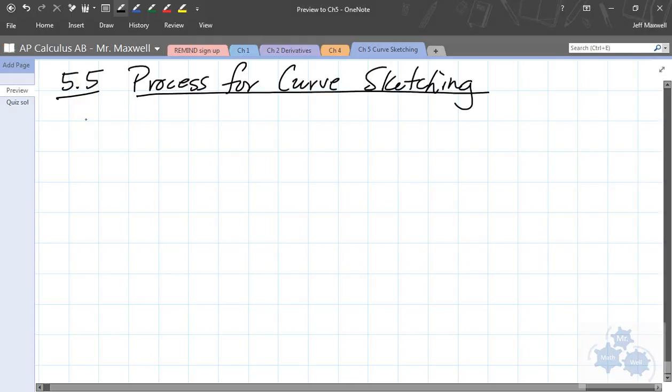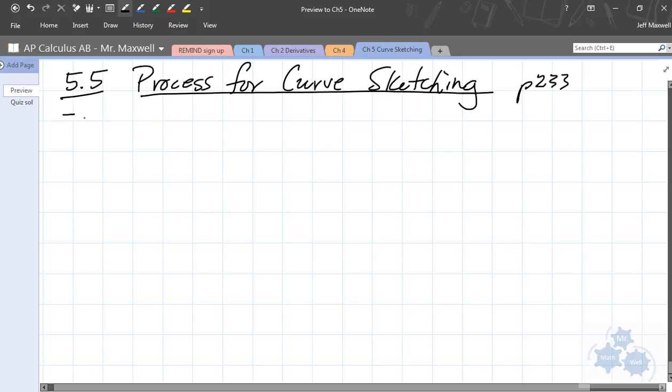Section 5.5, Calculus 30, page 233 in the textbook that we're using, Stewart. We're going to talk about a process for curve sketching. As I mentioned before, there will be no graphing calculators allowed here. Because what you need to do is use the calculus methods that we've just talked about over this last chapter and a half, and you're going to be using those methods